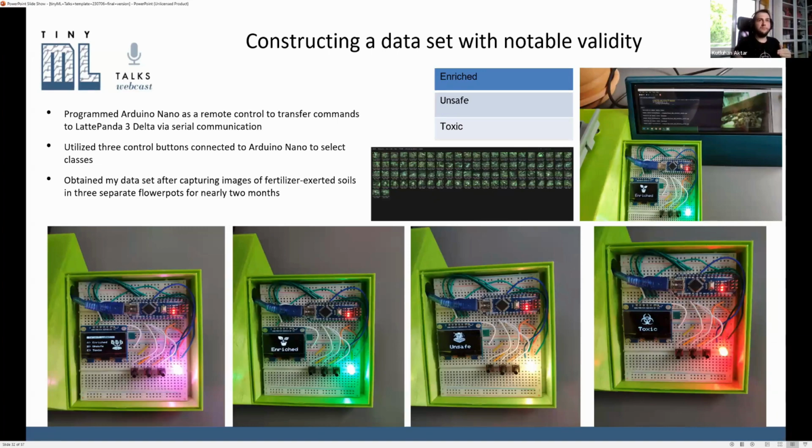Then LaTePanda programs the Seed Studio to collect the information, capture the image, and add the selected class name to the collected image. I utilize 3 different classes: enrich, unsafe, and toxic. After utilizing 3 control buttons and collecting data for nearly 2 months from my flower pots, I constructed my dataset with